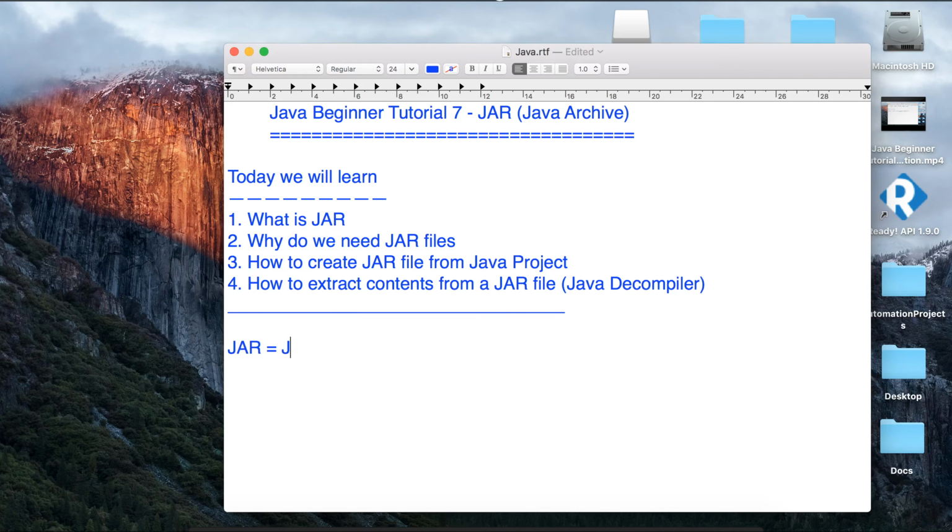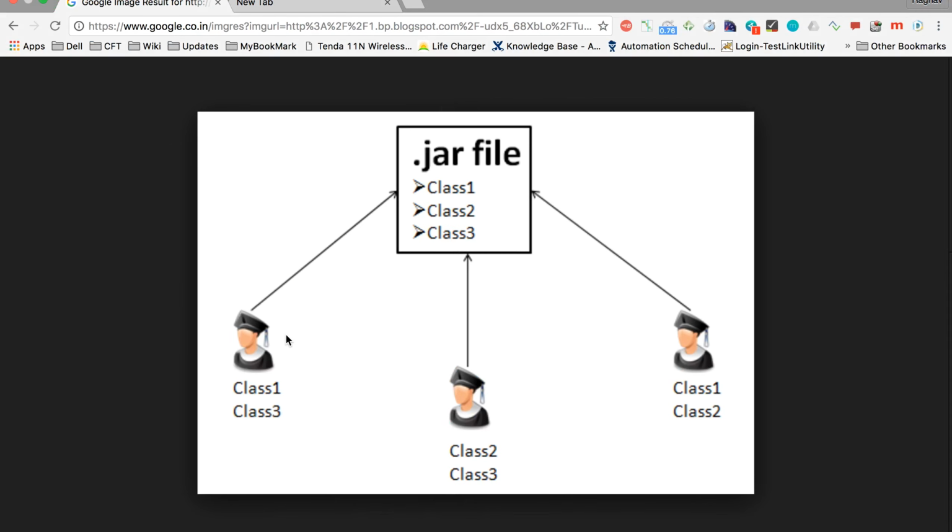So jar is an acronym for Java archive. And what this actually means is a jar file is a compressed format of a compiled Java project. To understand it, let us look into this image. You can see when we compile our Java code, all the source files which are .java extension are compiled into bytecode which are files with .class extension.